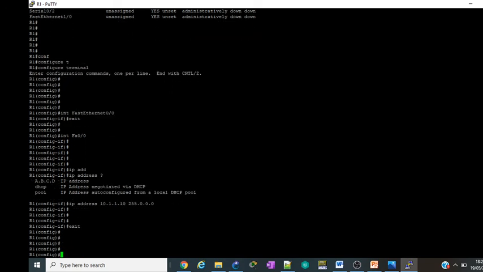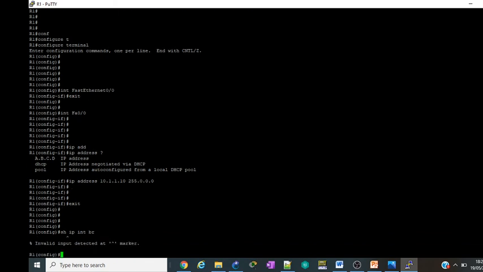So let me get out from here. There is another way to check it. From this point, I don't want to exit from here to check the command. There is another way. For example, remember I showed you show ip interface brief, which will show you the IP address on the interface. But if I do this over here, it won't work. So if we are in a